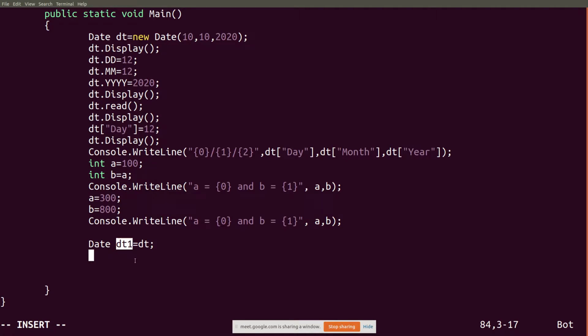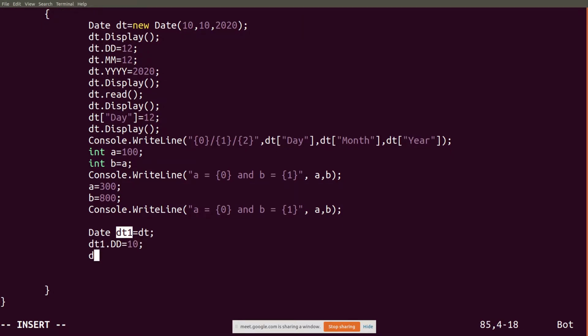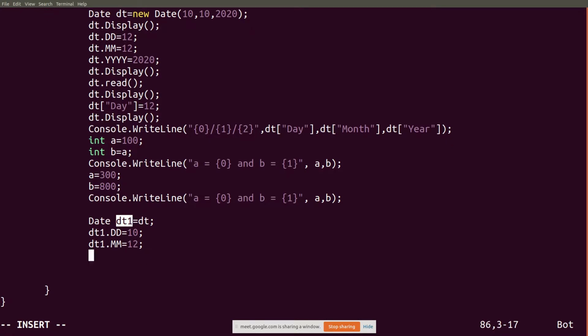So let us assume that I am going to make a change. dt1.dd equal to 10, dt1.month equal to 12, dt1.year equal to 1998.